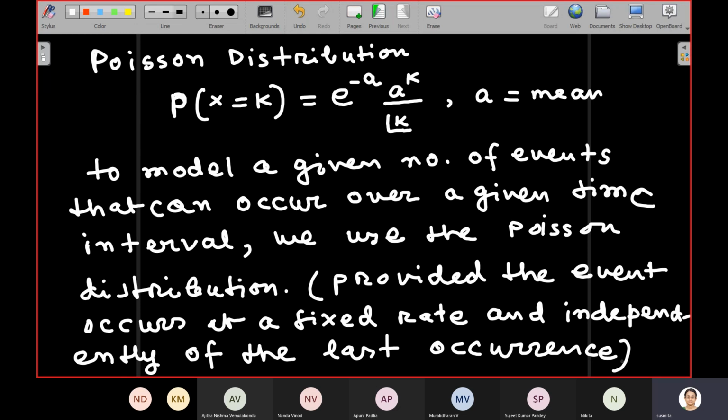So if you want to know the probability that it overflows twice in 100 years, then we have to use k is equal to 2 and a is equal to 1 because it overflows once in 100 years on average. So if you use k is equal to 2 in this, we will get the probability that it overflows twice in 100 years. Now keep in mind that the time period of interest cannot be changed. If a is for 100 years, then you can get different values for the same time interval, okay, time period.